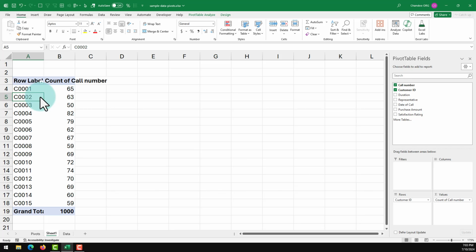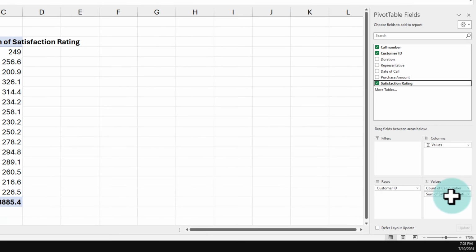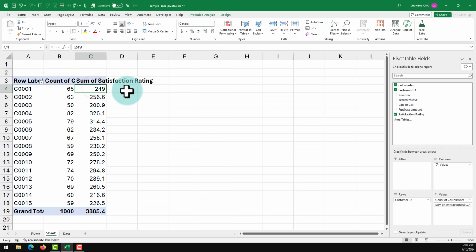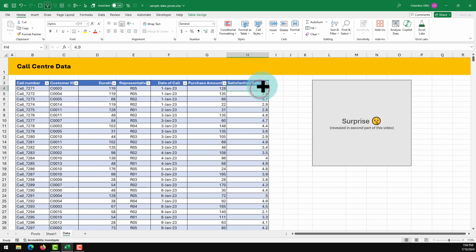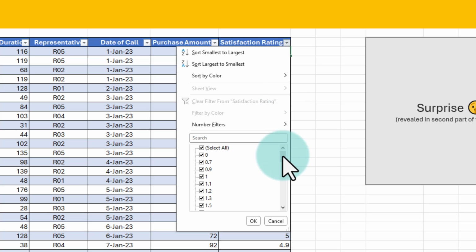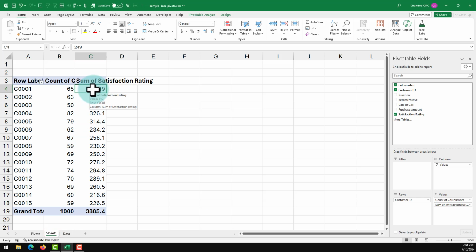And once you're looking at the fields list here, you can take another field like satisfaction rating and put it into the values. This is going to initially sum up the total satisfaction rating values. So for example, customer 1, it says the sum of satisfaction rating is 249. Now that is a ridiculous number. If you look at the data closely, we have got satisfaction rating here that usually goes from 0 all the way up to 5. So ideally what I want is, here I want to see what is the average rating